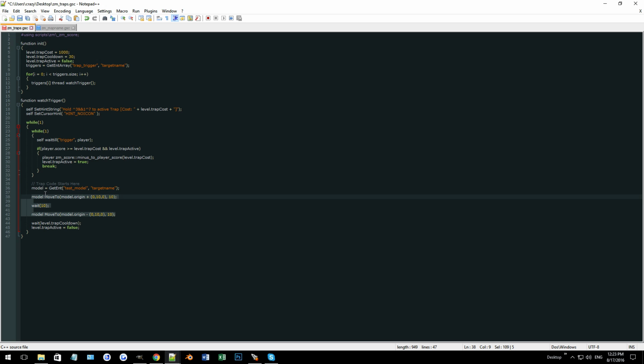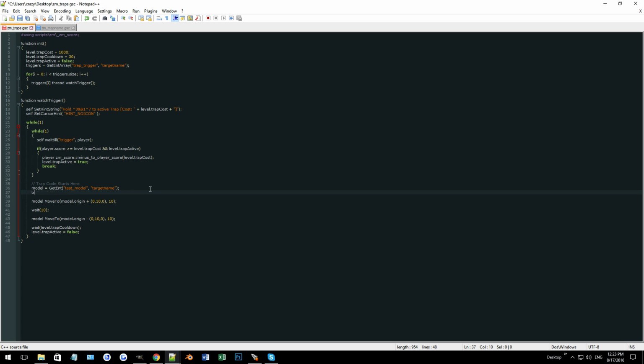So let's say we are doing a model crushing some zombies. So we have our move to right now. The issue is the model doesn't affect the zombies, it doesn't affect the player. So what we're gonna have to do is get another trigger. So let's do damage trigger,